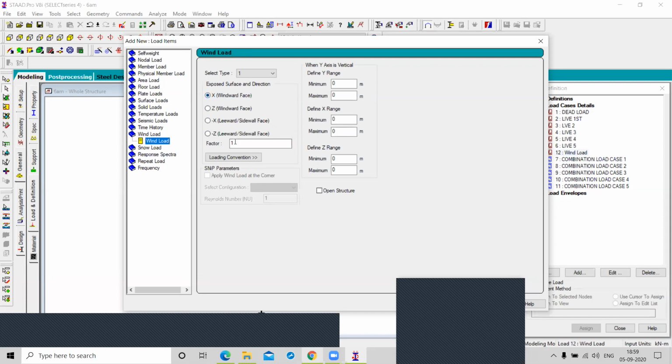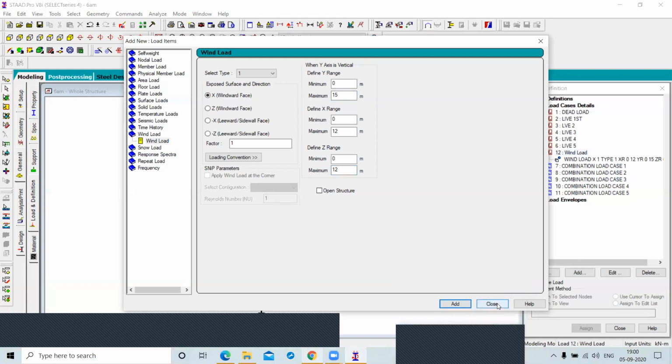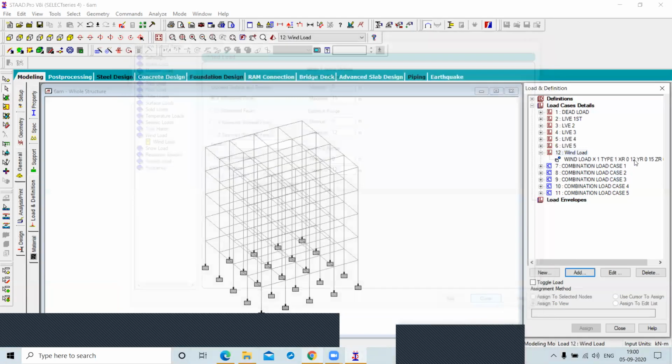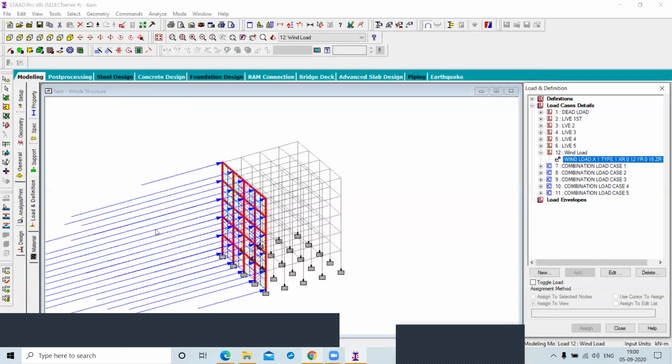And the factor is 1, and this is the axis. Y axis is 15 meter, X is 12 meter, and Z is also 12 meter, right? And click on the add button. Now close. So this is the wind load.